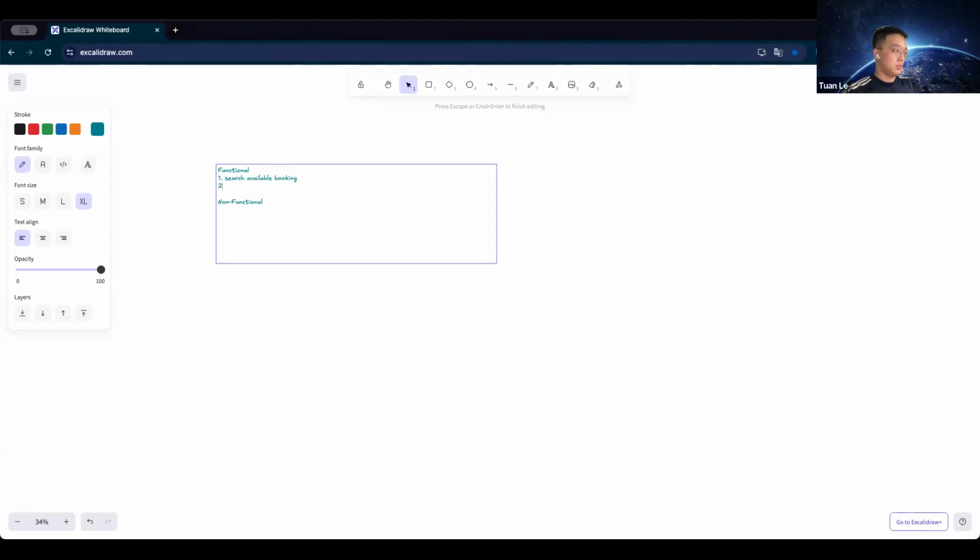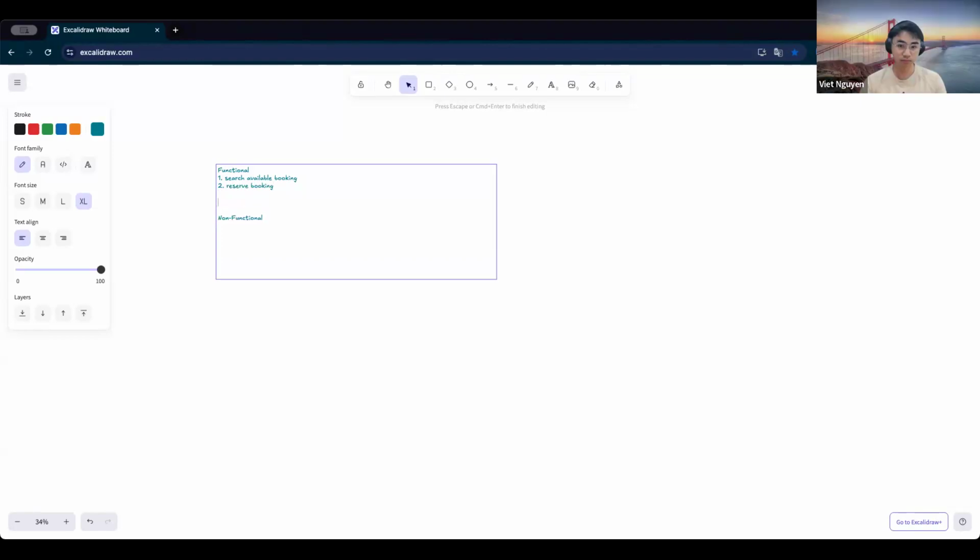In the second, we should have the reserve, right? Correct. Reserve. I think it is the key function in this system.